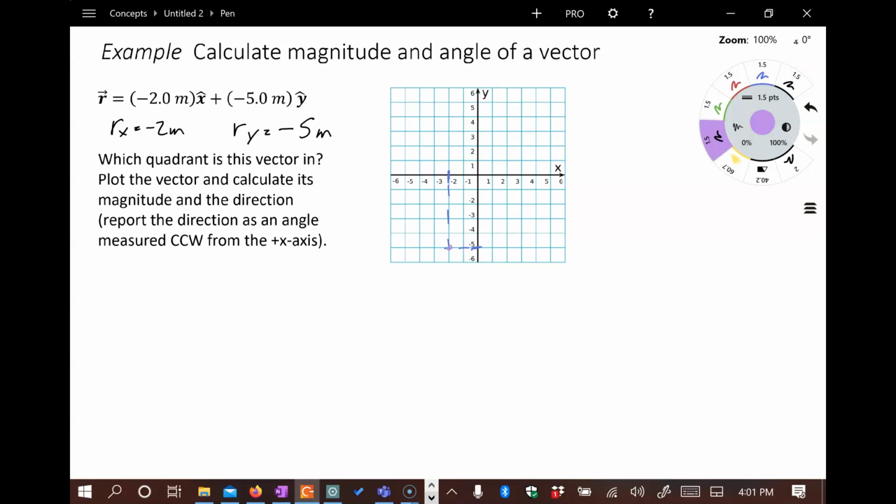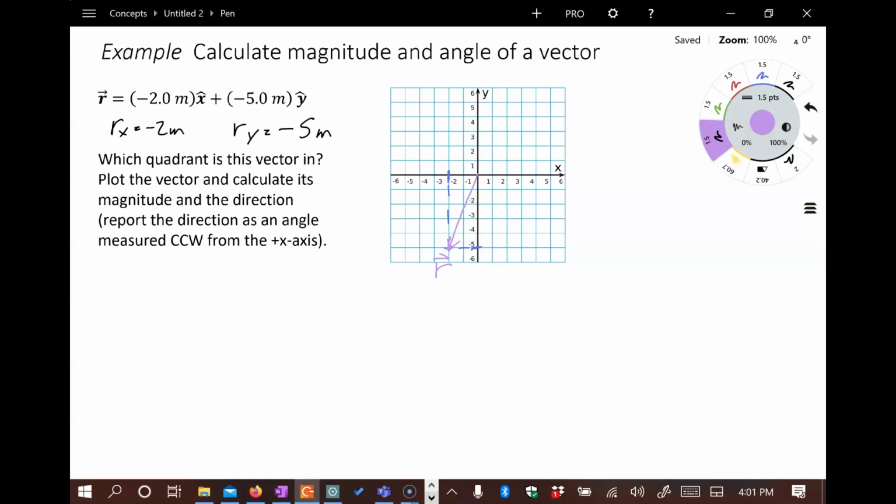So now I draw my vector. I always start from the origin. I draw straight out to the point where the vector components specify it in the plane. And so this here now is my vector r. So we've drawn a picture of it. It's always the first step that you want. And from here, we're going to use trigonometry to go ahead and calculate what the magnitude and angle of the